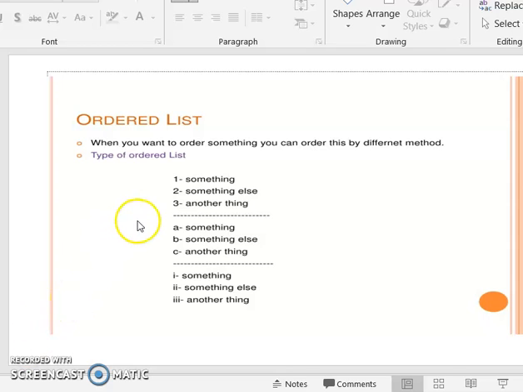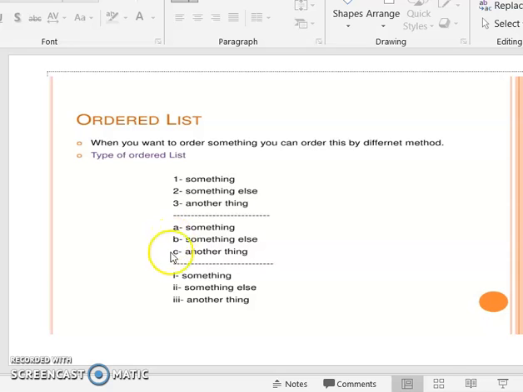So what is an ordered list? In an ordered list, we can display things in a particular order. There is numbering in the elements. For example, here 1, 2, 3.